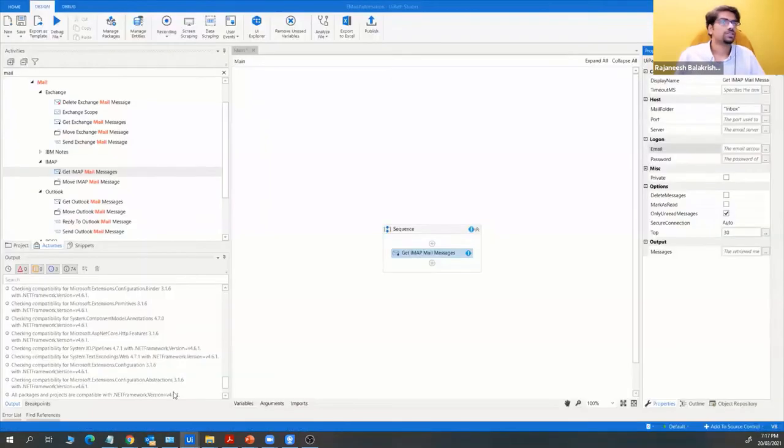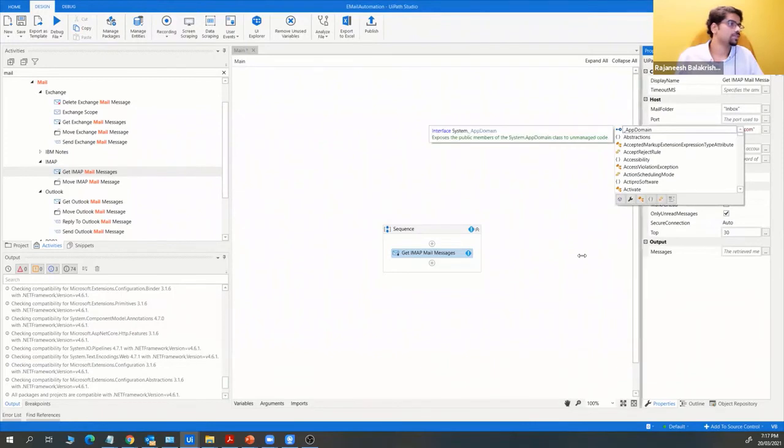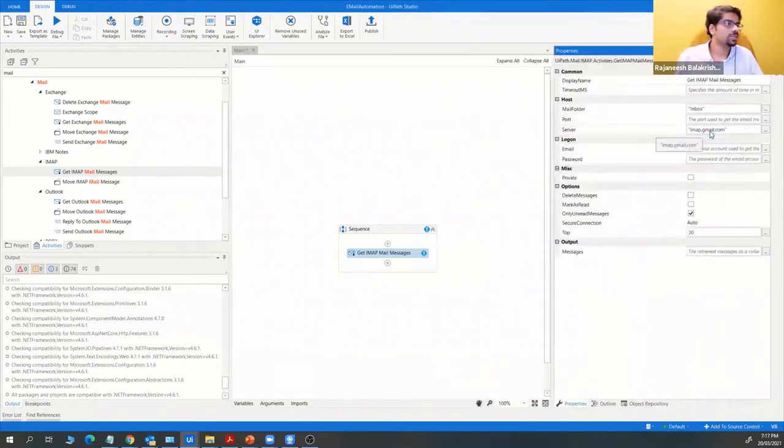All right. So I am just configuring. I have the server details with me, which is why I'm entering them here. And it will be the same for you also while you are doing this. So it is imap.gmail.com, sorry, this is the server name, and the port number is 993. This is the default option. And I'm going to create a variable called email, and create the password. So both are strings, and you will come across a secure string option for the password,